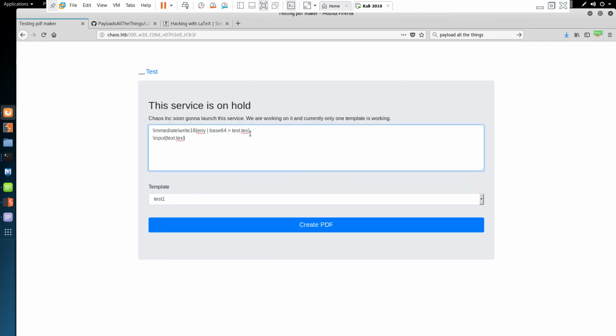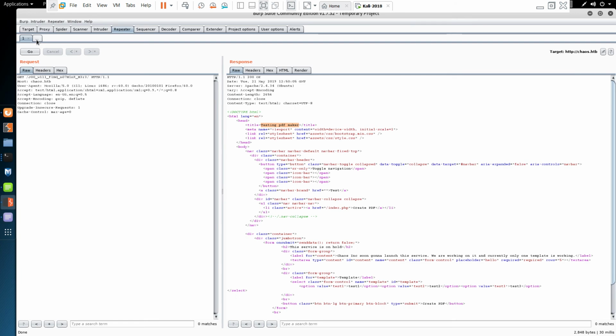So going back here, I could just put in the Linux command id, and the output, I'll leave as this. We also have to put in \end{document}, because the LaTeX actually ends the template with \end{document}. We can see that the template we want to use is 3, because 3 is the only one that has the LaTeX template. So we go back in here,